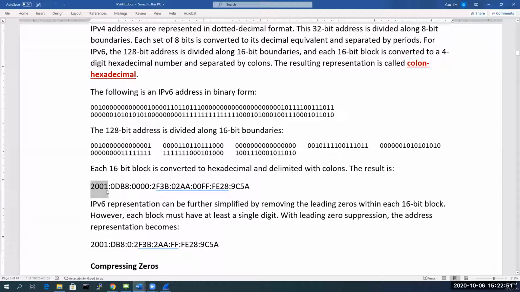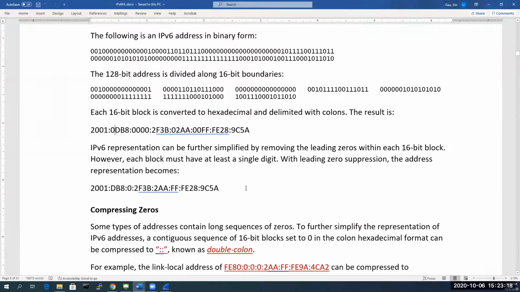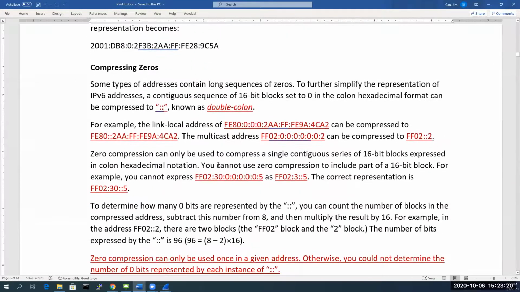So 2001, and that's supposed to be talked about as 2001, even though it's easier to understand when we talk about the IPv6 address. So I'm going to use that, and you just know that it's a hex number. So hex number 2001, of course, is different from the decimal 2001. Okay, so we see this is the general format of an IPv6 address, and there are some conventions here we need